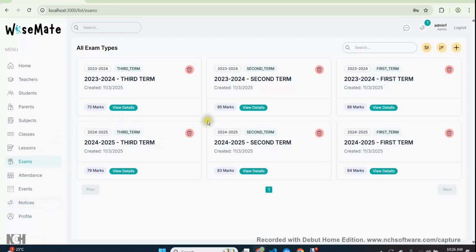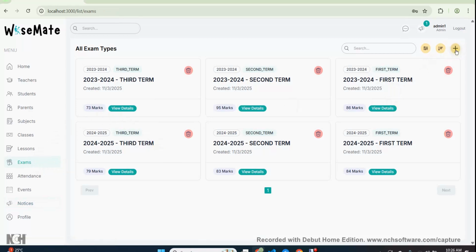Once you come to the exam, the admin will create the exam. From here, you have the 2024, 2025 exam, first term. From here, 2023, 2024: third term, second term, first term, for the academic year 2023, 2024. This is for the 2024, 2025 academic year. Let us take an example, let me say the third term. When you click on the view detail of the third term,